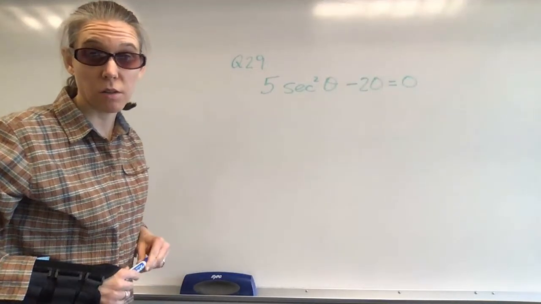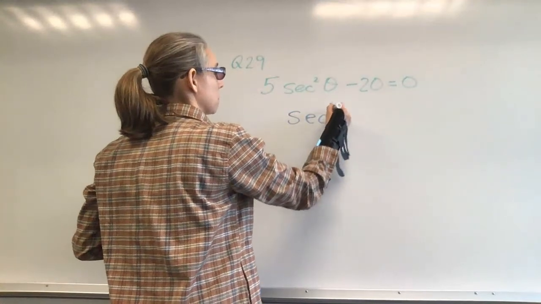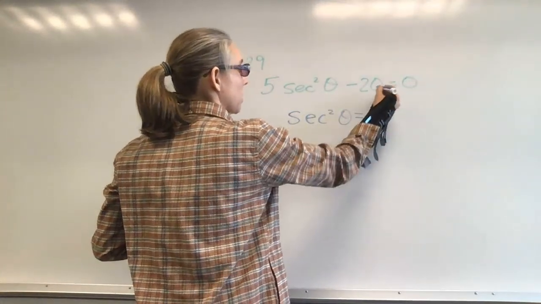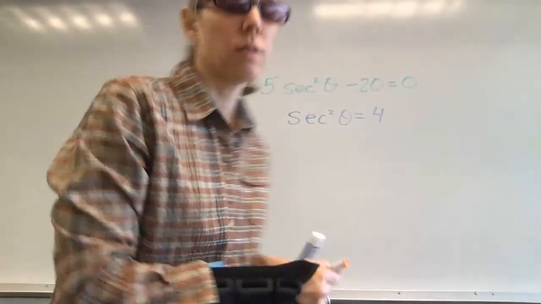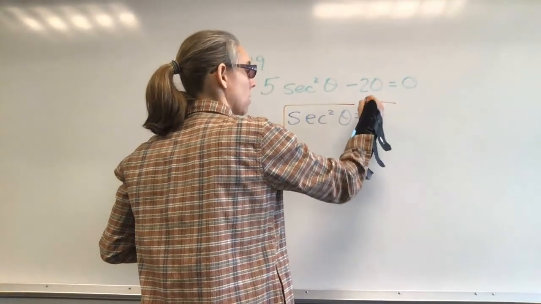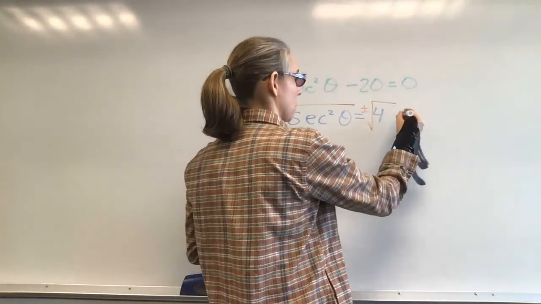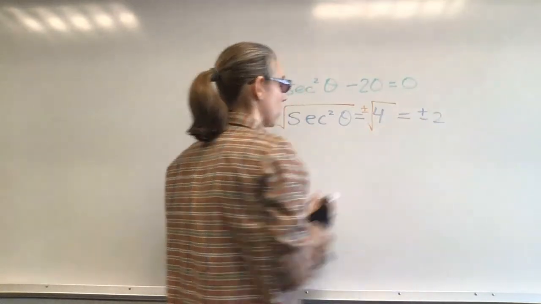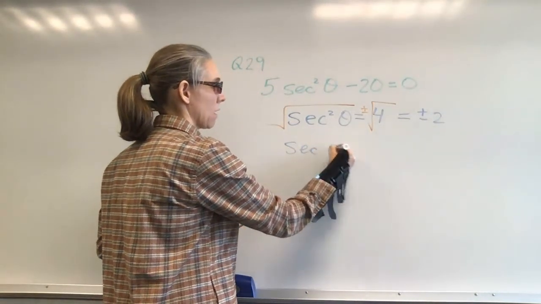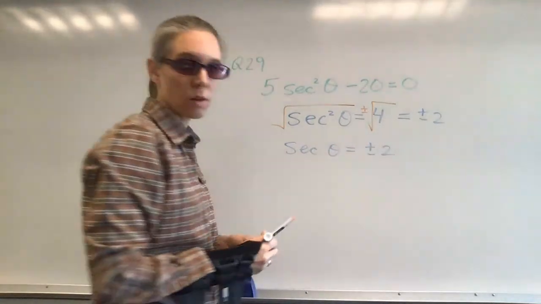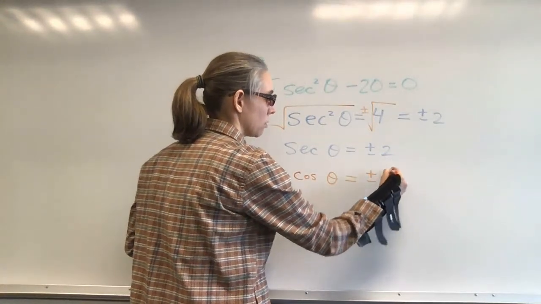So the first thing we want to do is we want to get secant squared by itself. Divided by 5 will be 4. And then we want to take the square root of both sides. When you take the square root of both sides, remember that you get a plus or minus when you use the square root property. Okay, so if you have a secant theta equal to plus or minus 2, that means that your cosine of theta is equal to plus or minus